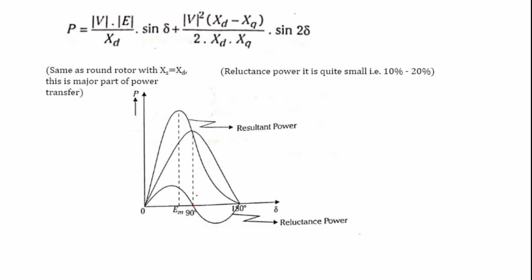Then how to draw the resultant power? We know that this is plus, this is plus, this is also plus, and this is minus. Where plus and plus meet, they enhance, so you get a plus value. Here it is also plus into plus, but the magnitude is decreasing, so it is slightly falling from the peak value. Where it is plus and minus, it reduces drastically, comes back to normal and settles down at 180 degrees.